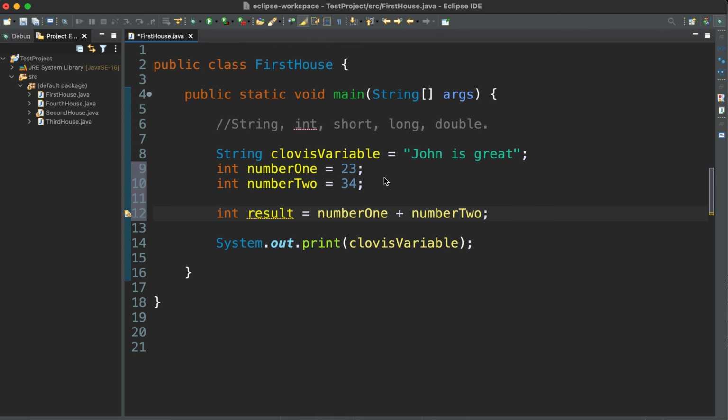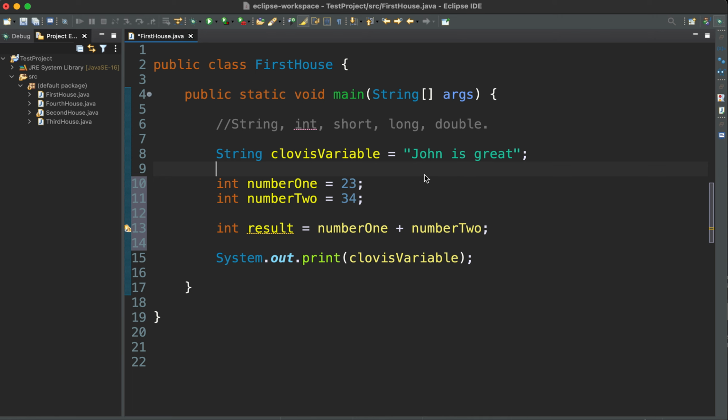What we're doing here is we create the variable number 1, with 23 as a value, and we create another variable number 2, with 34 as a value, but both of them are type int. Int means integer, so that you can do calculation. And we create another variable here. We're saying do the addition of whatever you find inside number 1 plus what you find in number 2, and then whenever you get the result of the addition,